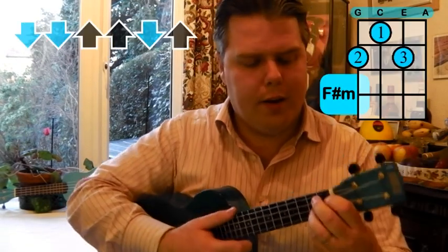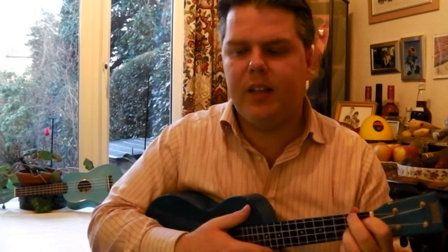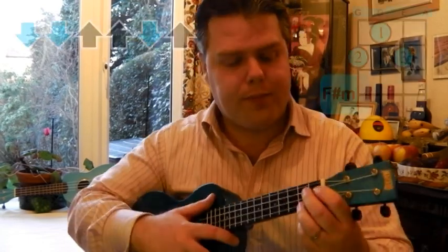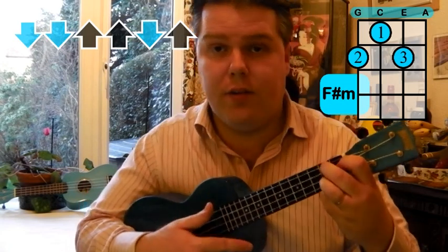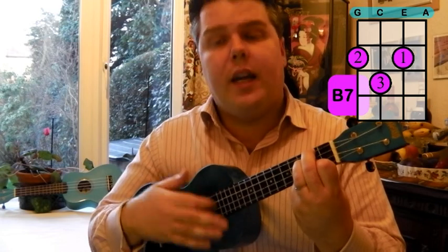Now you need to be able to do a fast strumming pattern on both. Goes one to the other very quickly in the piece. So let's just do a slow strumming pattern on both in a loop and see if we can get our heads around that. Starting on the F sharp minor, down, down, up, B7,